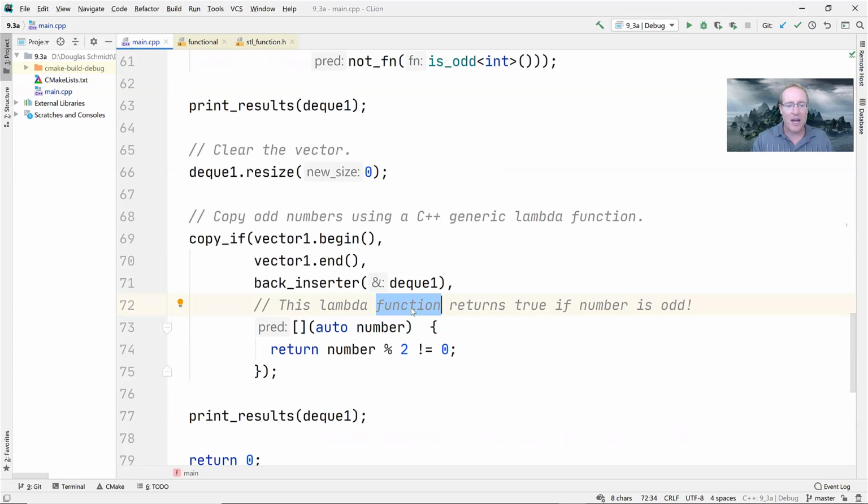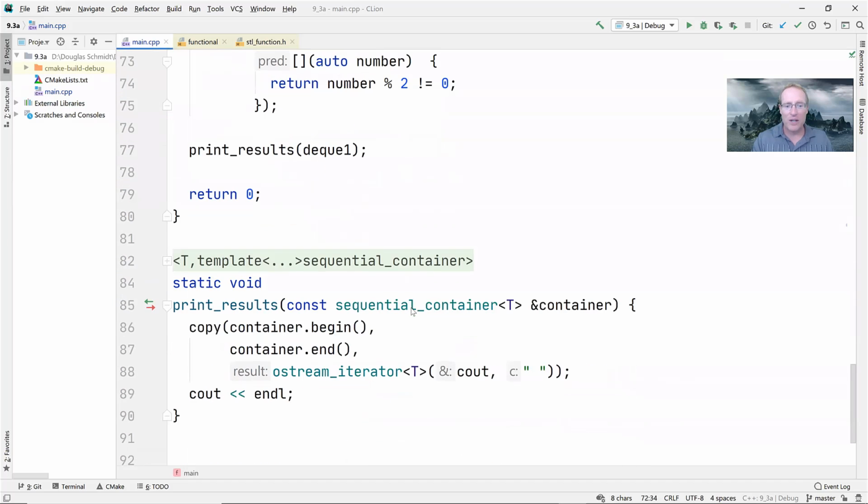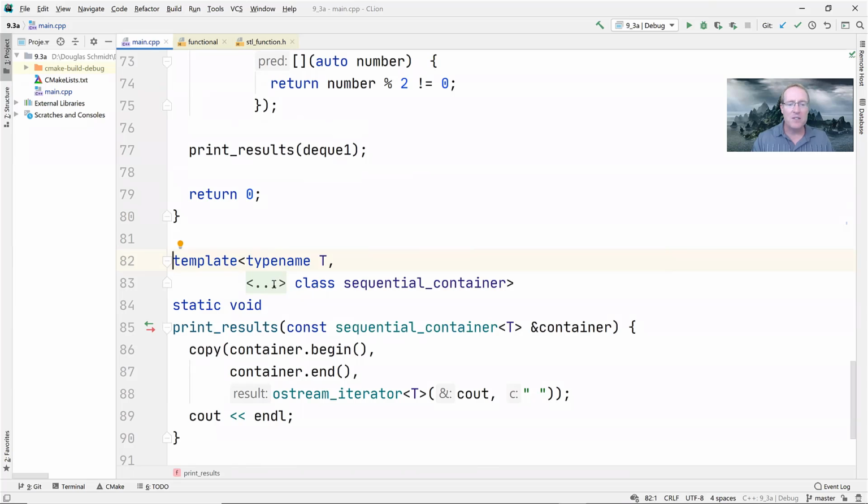Now that we've talked about these topics, let's go ahead and show how we print the results. And as I mentioned before, this is an example of a template parameter passed to a C++ function. So print results takes a type name T, which is the elements we're working on with our container, and then it also takes a template parameter itself, which is going to be used to pass sequential containers, things like vectors,